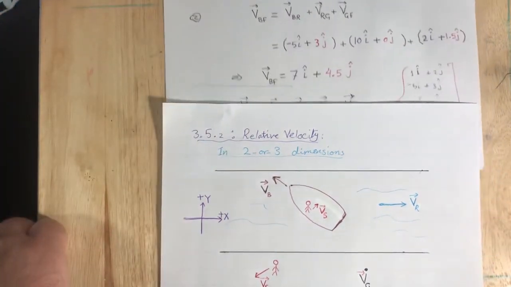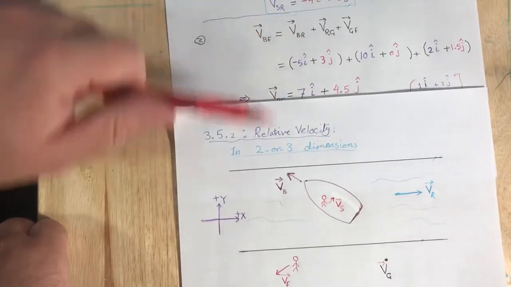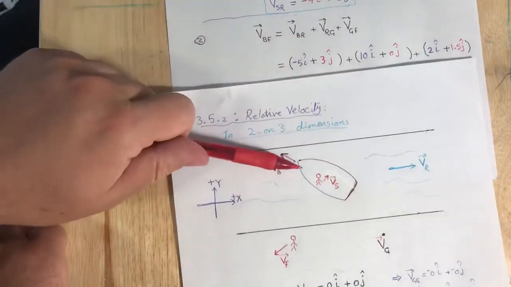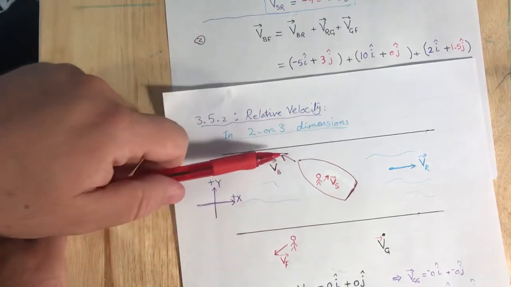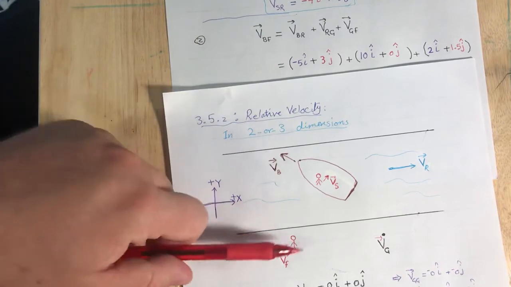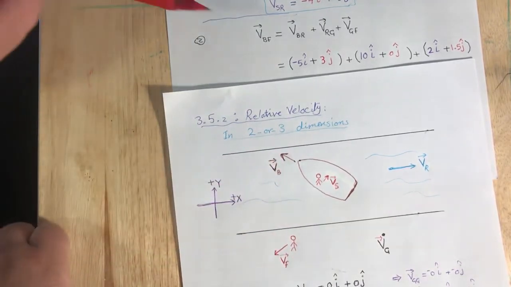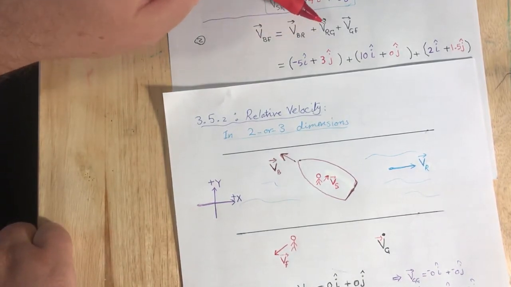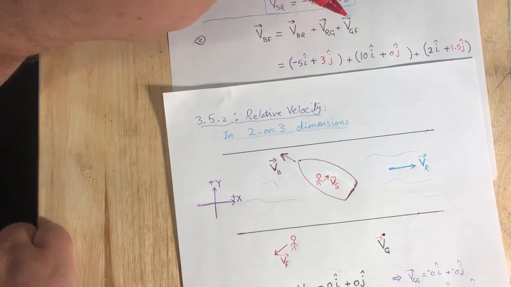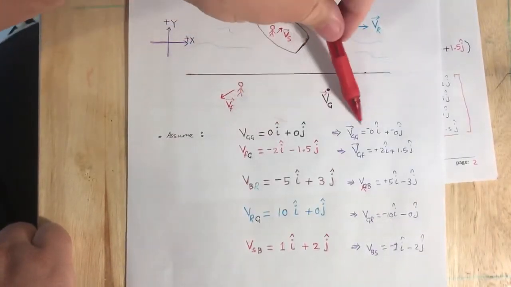Okay, next. What's the velocity of the boat with respect to the fisherman? This is the boat, this is the fisherman. We have velocities not straight in the x or y direction for both of them. We know the velocity of the boat with respect to the river. We know the velocity of the river with respect to the ground. We know the velocity of the ground with respect to the fisherman. I just reverse these velocities